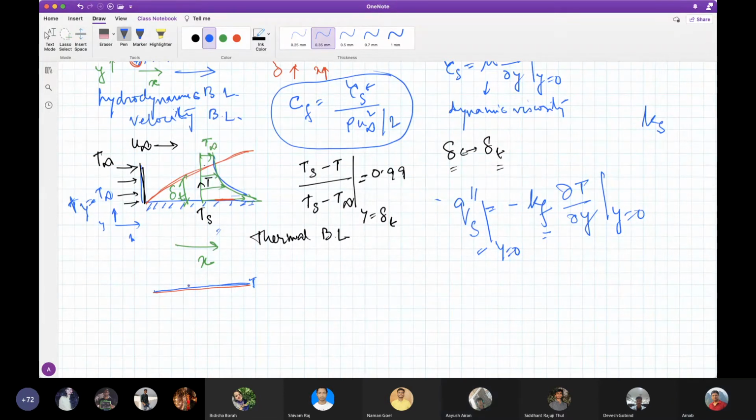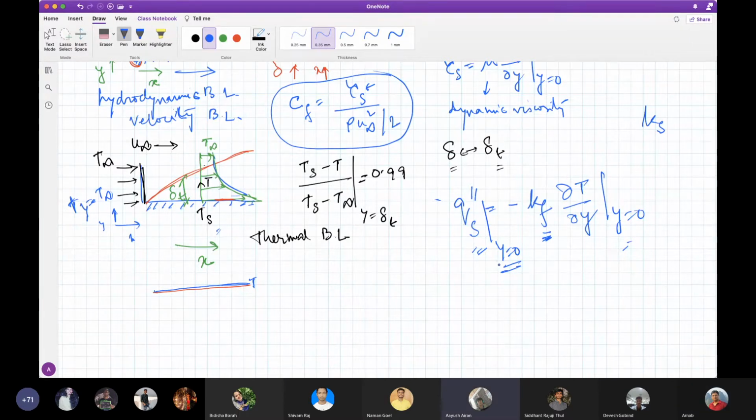Okay. So for that liquid surface, that is the surface at y equals 0, we are applying heat flux calculation to the fluid at y equals 0. So this is minus kf del T by del y at y equals 0. And this is, as I am again emphasizing, because it is adjacent to the surface.